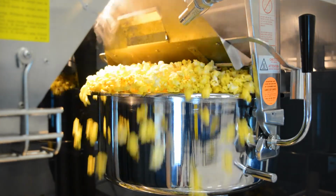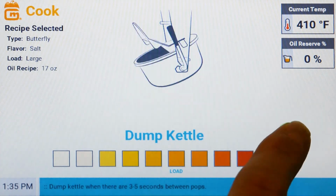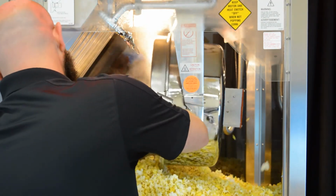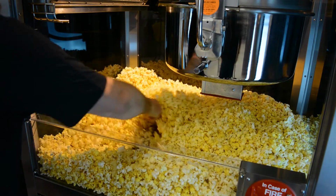Your popcorn will start popping and the screen will alert you when it is time to dump the kettle. When it says Dump Kettle, press OK to continue. After you dump the kettle, take your popcorn scoop and gently move the popcorn around to separate out any unpopped